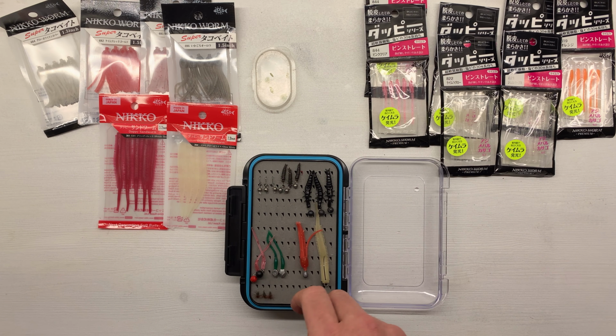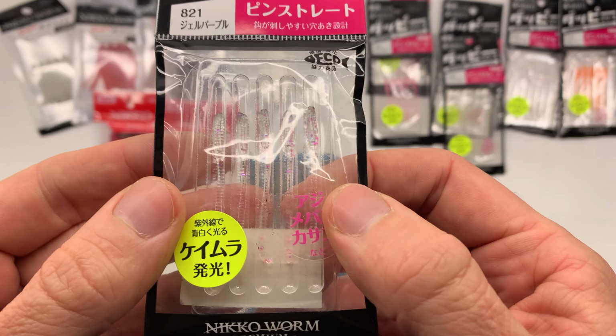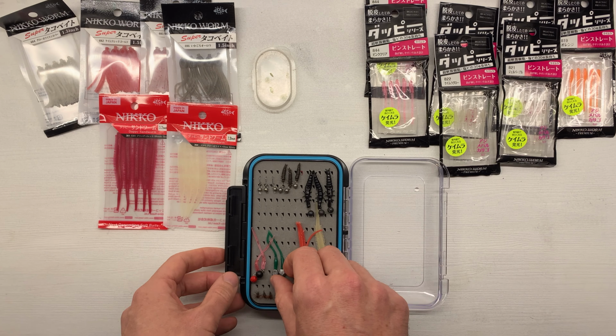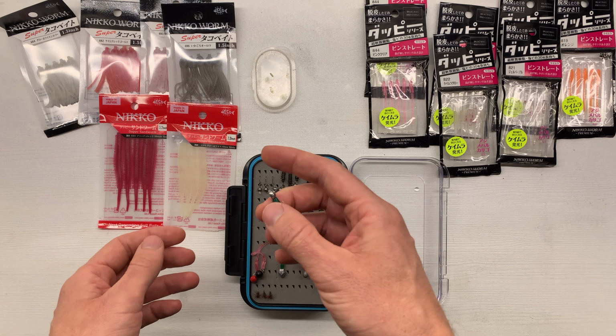The green seems to do really well in clearer water, certainly in salt water. I found these transparent ones with the pink glitter in really good. Again, these are super buoyant. This is one on a